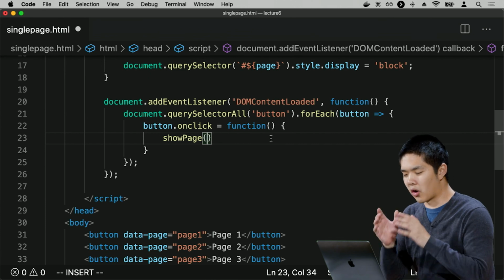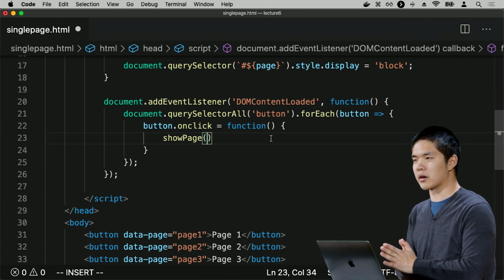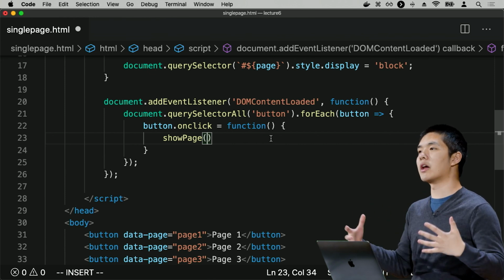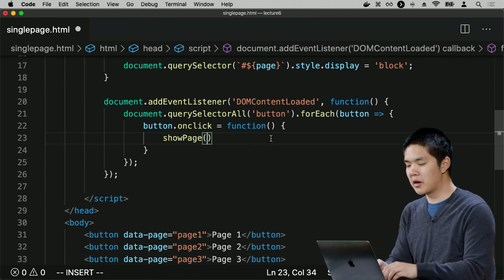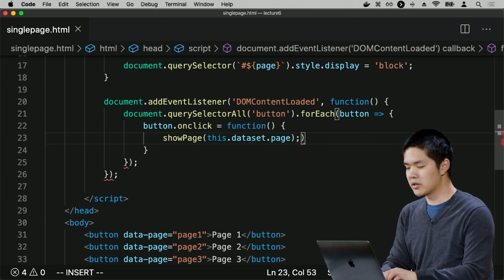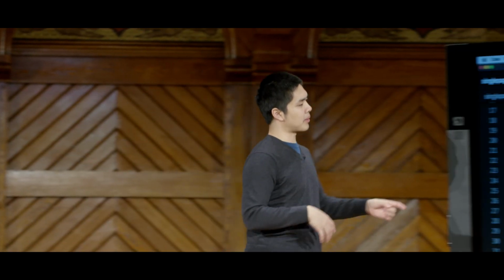And to get it, the current button, the button that has been clicked on, recall that when we're inside of an event handler, we can take advantage of the JavaScript keyword this, which refers to whatever element has received the event. So whatever button in this case was clicked on. So I can say this.dataset.page to mean that, all right, for each of the buttons, when the button is clicked on, we're saying button.onclick